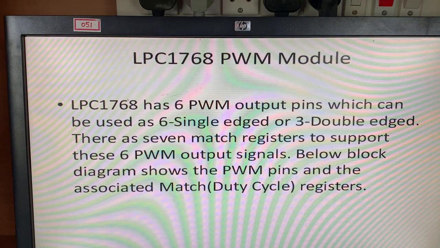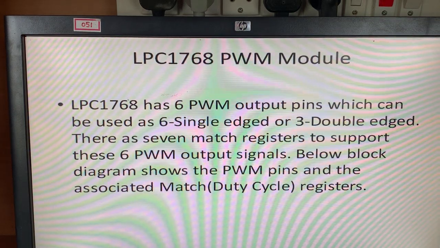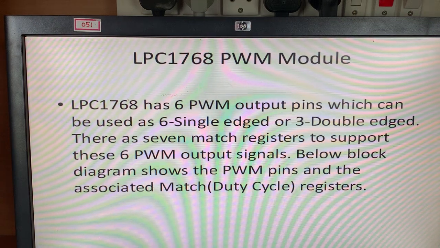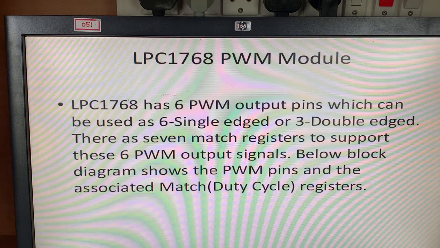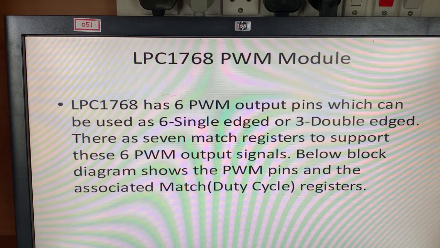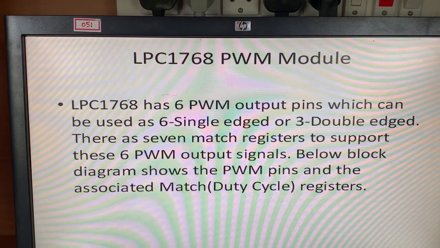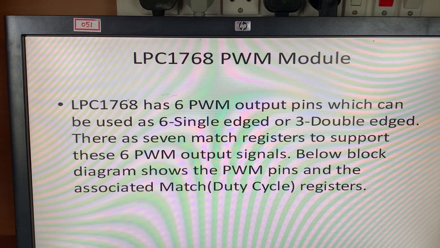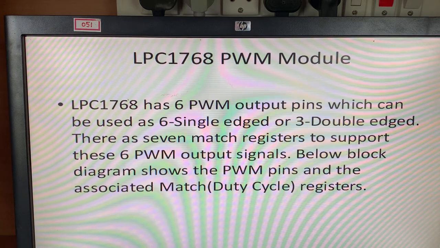As we know, we are using the LPC 1768 ARM processor in the lab. The feature of the LPC 1768 series is that it has inbuilt pulse width modulation outputs. LPC has 6 pulse width modulation output pins, which can be used as single edge or 3 double edge outputs.